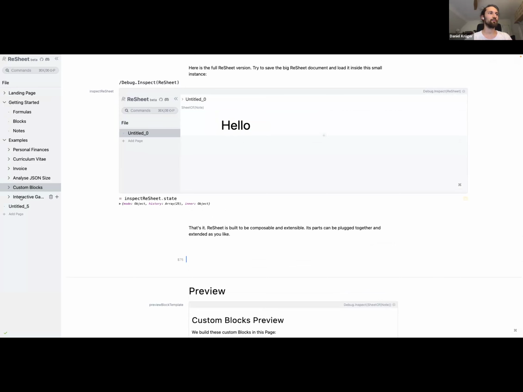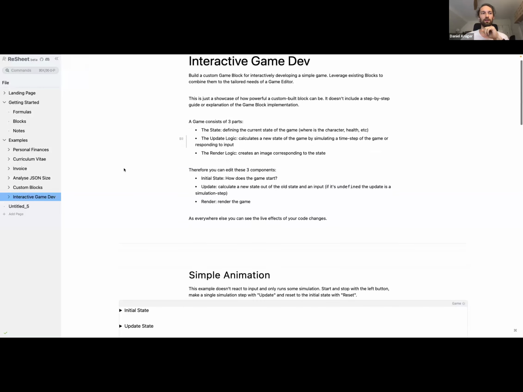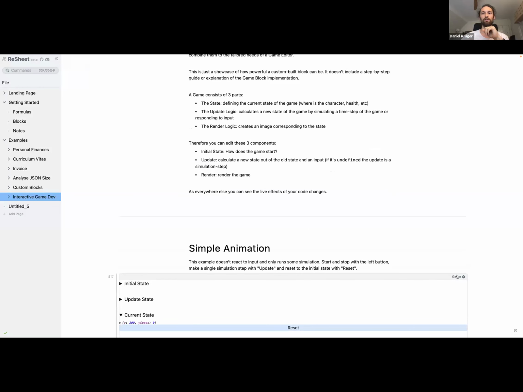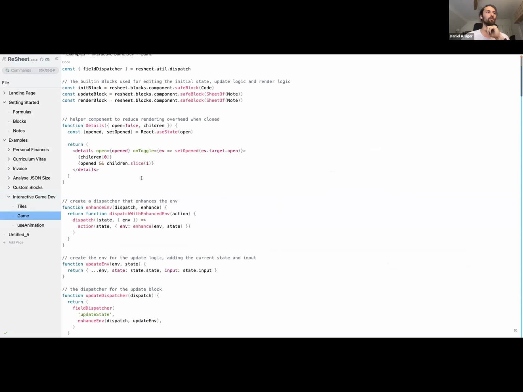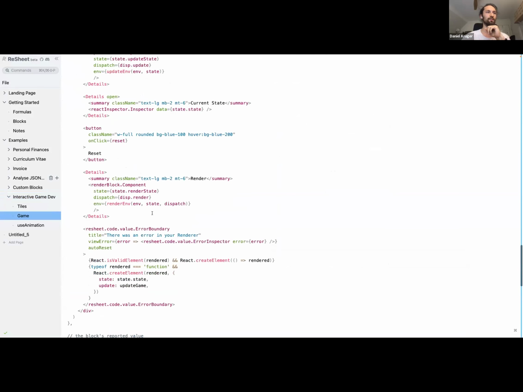And the last part is showing some other interesting things, for example, this interactive game dev thing I did. I built a custom block here that is named game. It's not very large. It's mostly just plugging stuff together, more boilerplate than logic itself.